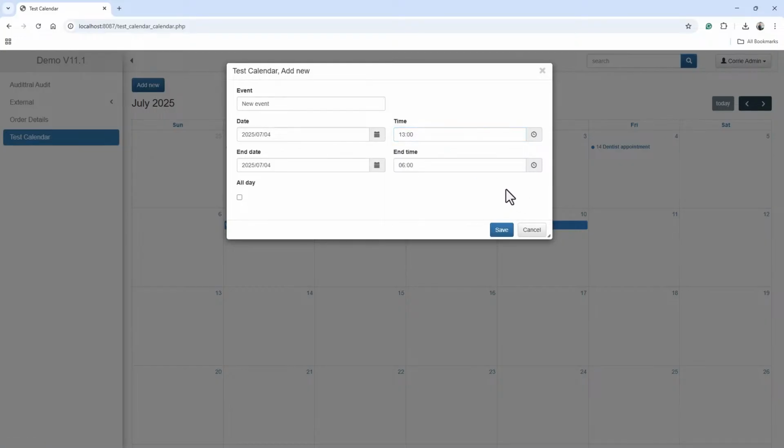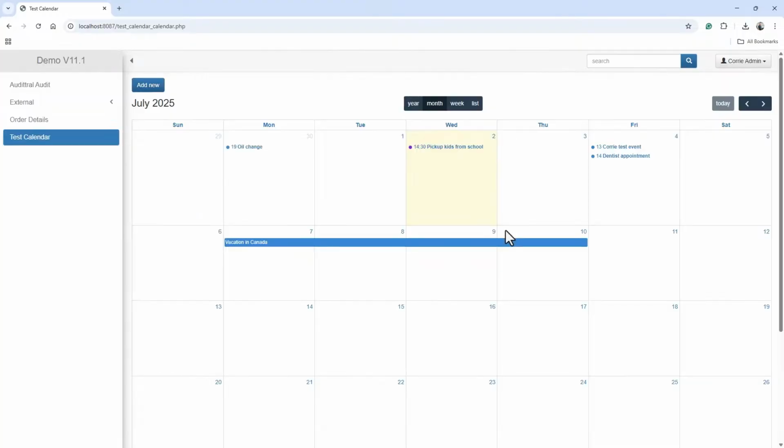Okay, and this one I want to see if you can do it manually without using the picker. So let's close the picker and click on type it out. All right, between 1 and 2. Let's save this. Oh look, before that, let's just give it a name. Event name is Corey Test Event. Okay, save. And Corey Test Event is showing up immediately.